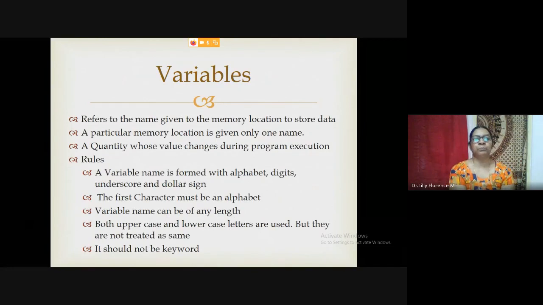Next, we can come to variables. A variable is nothing but giving a name to a memory location to store some data. Suppose you want to store the value 10. How do you store 10 and how do you refer to 10? We need a name to refer to the value 10. That is nothing but a variable. A variable means the value may change during the execution of the program. Some rules we have to follow while naming a variable. The first character must be an alphabet, and the variable may be formed using alphabets, digits, underscore and dollar sign. Variable name can be of any length and we can use both uppercase and lowercase,